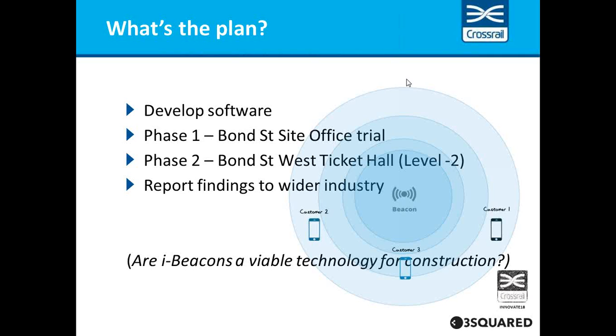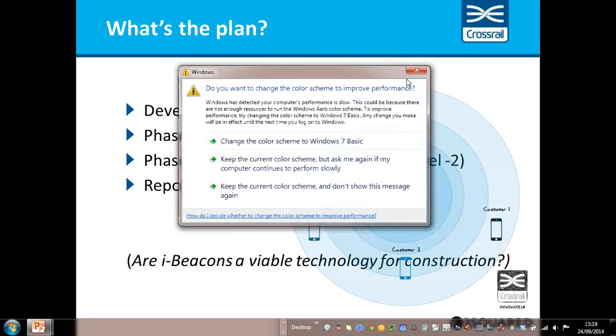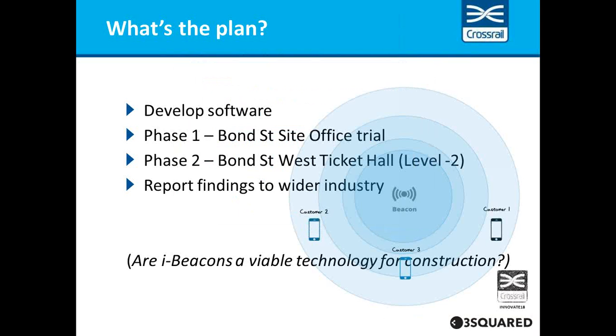In this case, we'll be going down into what we call the main concrete box of the West Ticket Hall in Bond Street, at 2 levels, so we're almost 30 metres below ground. And then at the end of the project, we will provide a report that will simply address the question whether this technology is viable for construction. We'll see the potential. From what we've heard, we think it could possibly work. But this will add to industry knowledge, and if it's a success, this might be something that we would consider rolling out at a wider scale in Crossrail. And of course, if we can use this technology to save lives as part of our Target Zero campaign, then that's probably all the motivation we need.